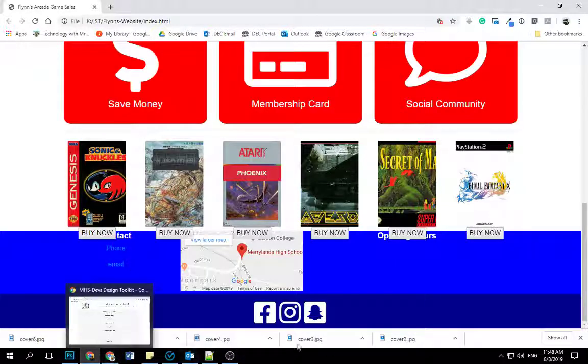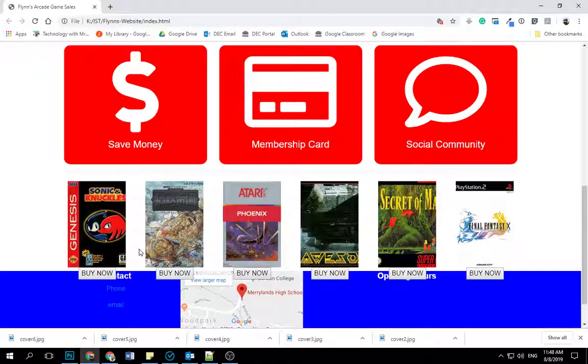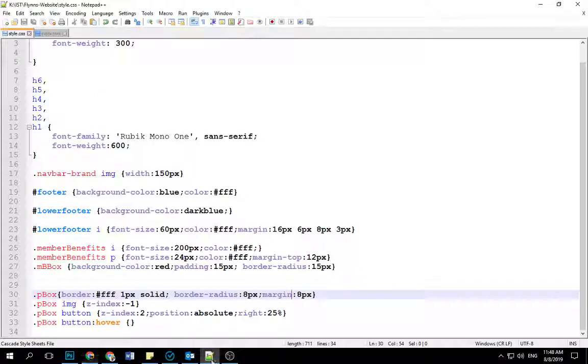What am I doing wrong here? Okay. The image, so that's the border radius, padding, and margin, I think. Okay, that'll come in a second. I now want the button. I want that to be,